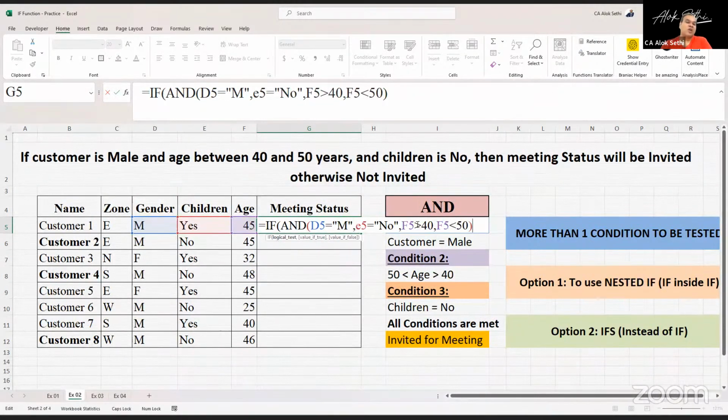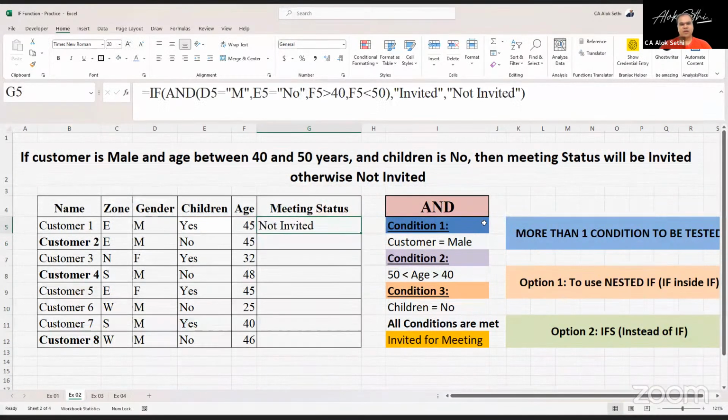अब अगर आपसे बोल दिया जाए कि 40 और 50 को भी इंक्लूड करना है तो क्या करेंगे? अच्छा चलिए, पहले इसको ग्रेटर देन ही रखते हैं। अभी फॉर्मूला पूरा नहीं हुआ, हमने सिर्फ लॉजिकल टेस्ट लगाया। कॉमा लगाते हैं। अब अगर ये कंडीशन मैच हो जाए तो क्या करना है? बुला दीजिए, निमंत्रण भेज दीजिए, इनवाइटेड। और नहीं मैच हो तो बोल दीजिए नहीं आना है आपको, नॉट इनवाइटेड।